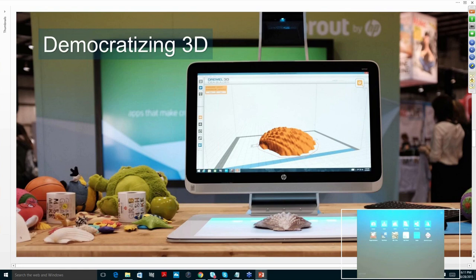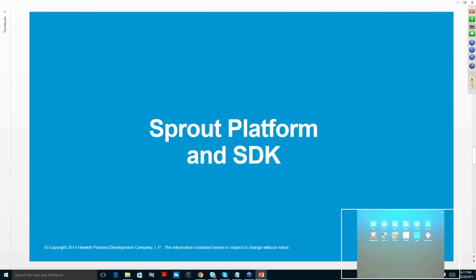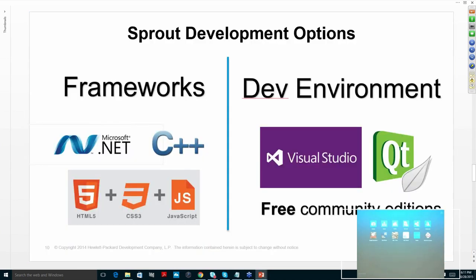So we're really excited about the 3D aspects of it, and it's one of the core features of our Sprout platform. Speaking of Sprout platform, let me tell you a bit about how the platform works and what's in the SDK before I turn you over to the real experts who are going to give you the deep info that you're really here for. So we've built Sprout as, again, a high-spec Windows machine, which means that the primary framework